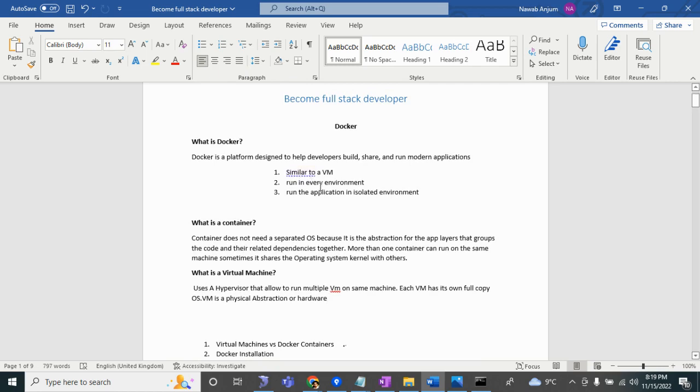So Docker works by running in an isolated environment. The application runs in an isolated environment, and it runs on every environment. If we run the application on our local system with Docker, then the application will be 100% sure that